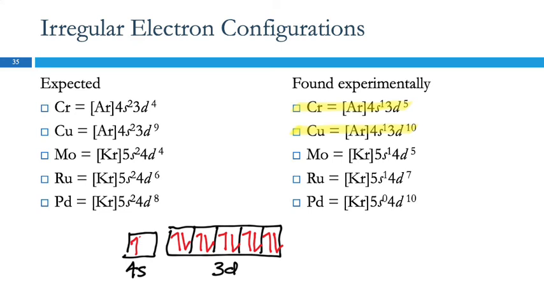And if you're into things being nice and symmetrical, this one's half full, and that one's completely full. Half full and completely full are a little lower in energy than other combinations. So it does that. And then these guys are just kind of weird. I can't rationalize those for you, so